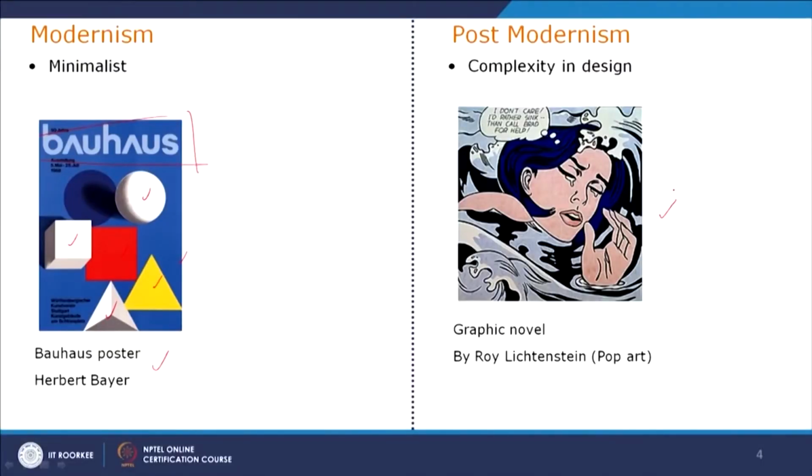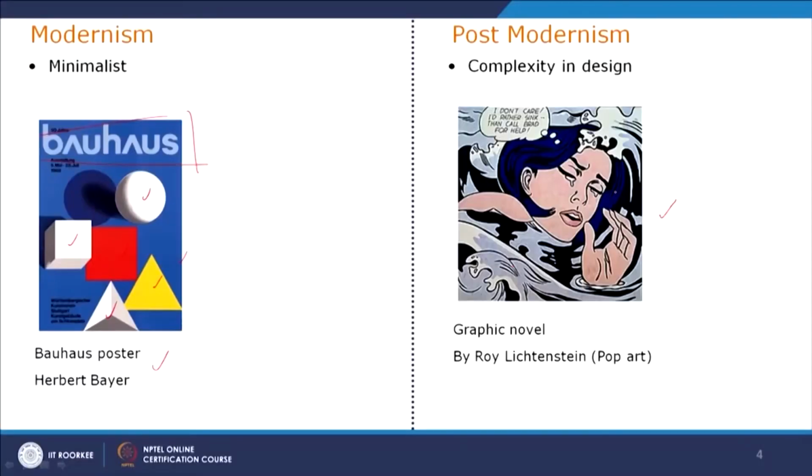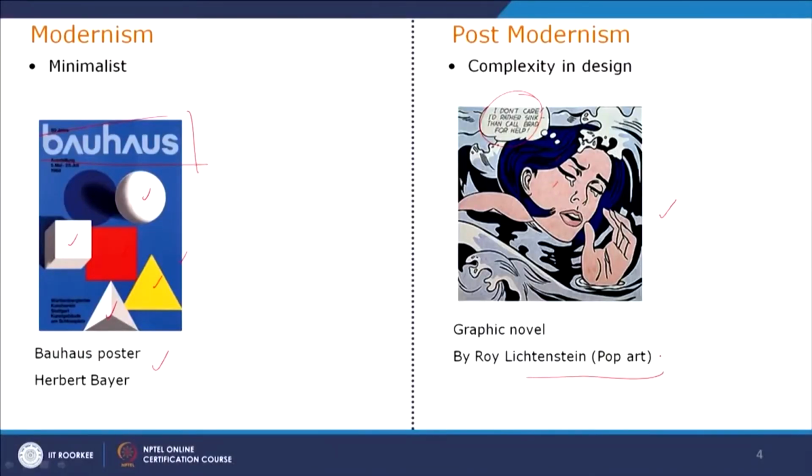Now if you look at this side, Roy Lichtenstein's graphic novel, you can see these kinds of graphic novels are there in different comic books, like Marvel comics and other books. This has a black border and different curvilinear lines, and different colors, which are secondary colors. If you look at the fonts, these are tilted and look like sketchy fonts, like they're scribbled using a pen. And also the color, this is a part of the pop art movement again, so we'll discuss the pop art movement.